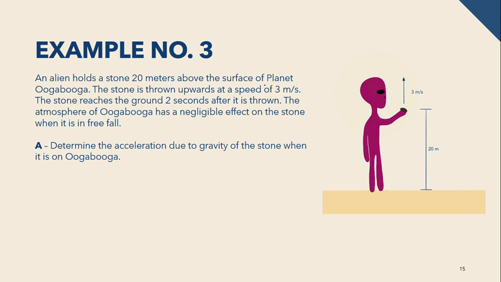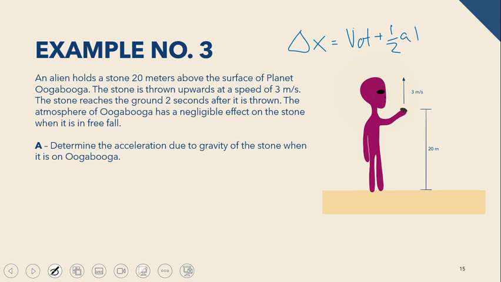We know the initial velocity, which is positive 3 meters per second. And we know that the time is 2 seconds. And we're looking for the acceleration. The thing that can help us get the acceleration is equation number 3. The change in x is equal to the initial velocity times the time, plus 1/2 the acceleration times the time